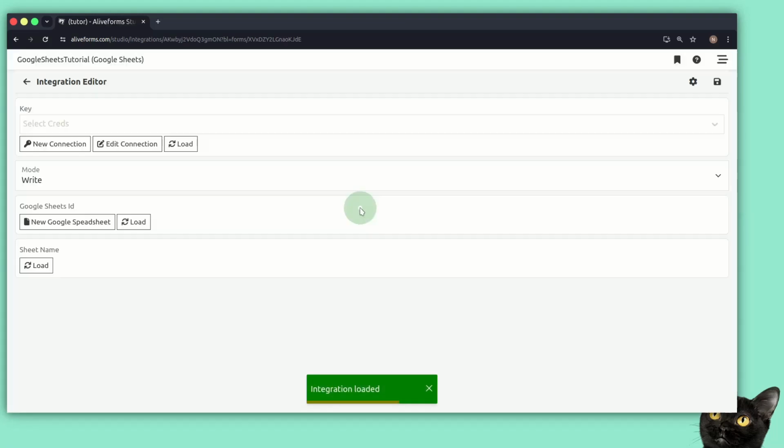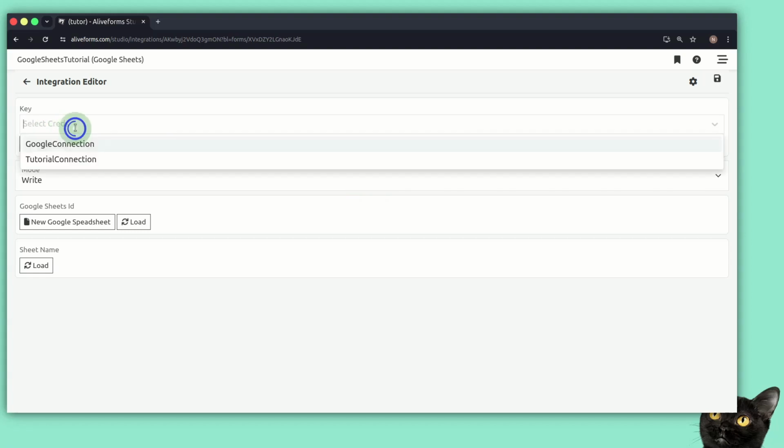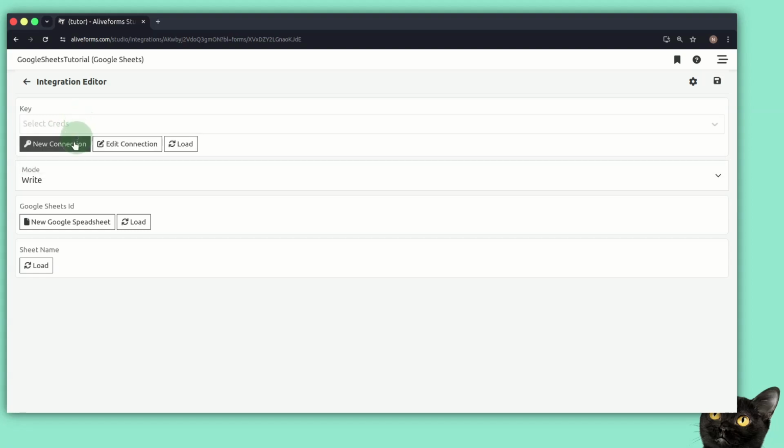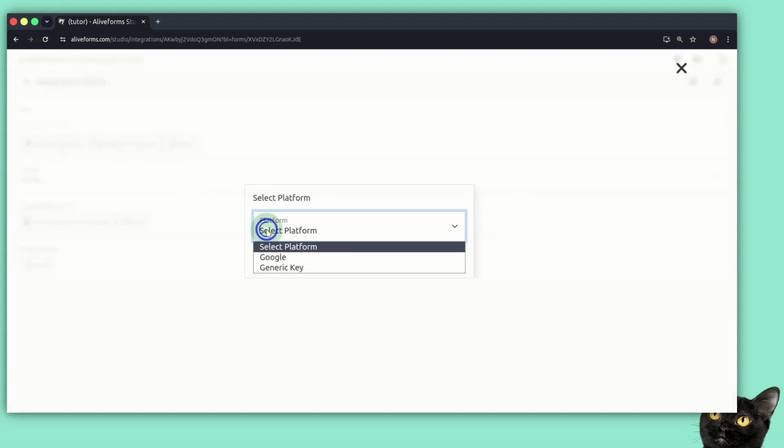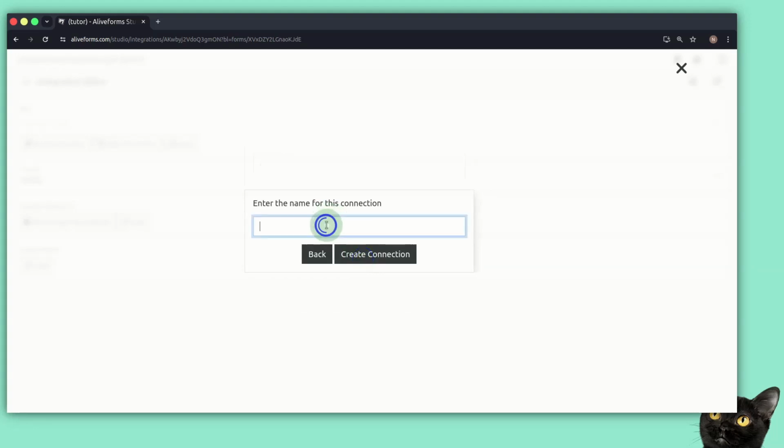Once your Google Sheet integration is ready, this screen will be presented. From here, first we need to set up the connection. The connection is a means to authenticate your integration. So again, if we already have a connection created, we can select it, or we can create a new connection here. So create new connection, select the platform, and since it is a Google one, click on Google